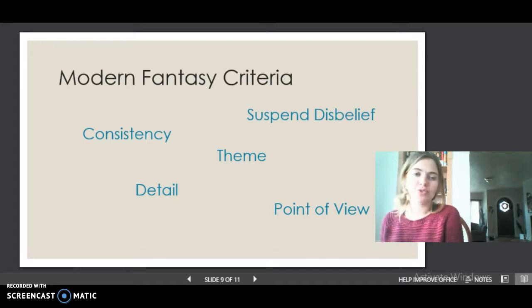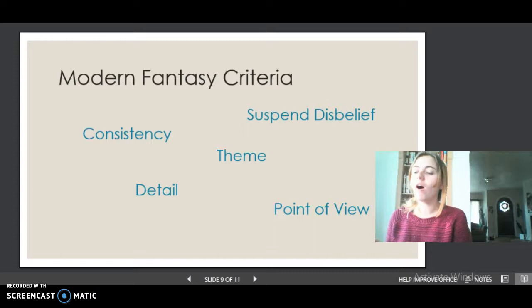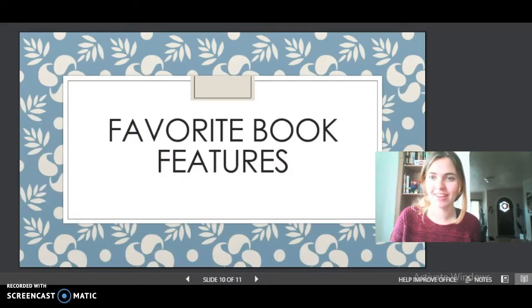The point of view of the story is first person, which I think is really great because it makes you feel very close to Ella, and also she, through her magic book, we get to see the journal entries and letters of other characters, which is just so cool and so fun.